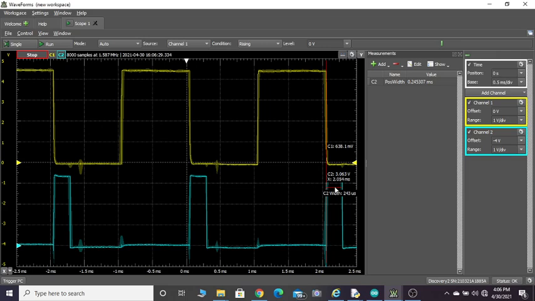So this way we can demonstrate the working of the 555 timer as a monostable multivibrator, where pulse width can be varied in three different ways: by changing the timing resistor, the timing capacitor and the control voltage. But in this case, since we don't have the option of changing the value of the timing capacitor, we are changing the timing resistor and the control voltage. One more important thing we need to notice is that this is a non-retriggerable monoshot.